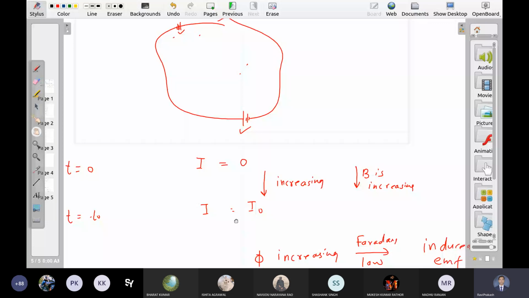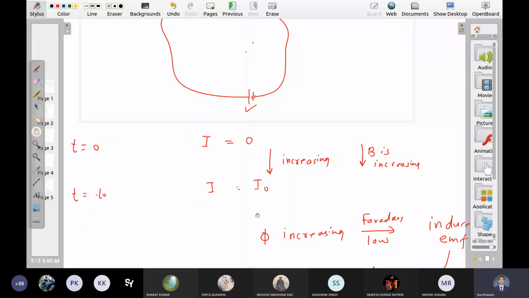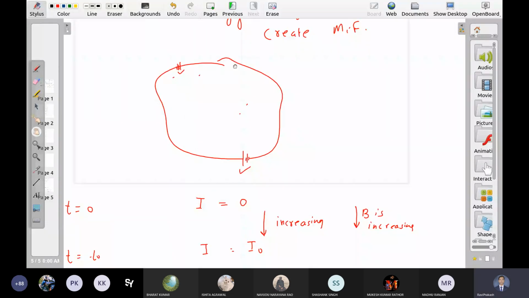So here also we have the same thing. Sometimes it looks like this energy is stored in this wire loop. It seems that the energy is in the wire loop, but we can also show that the same energy is stored in the magnetic field generated by this wire loop.